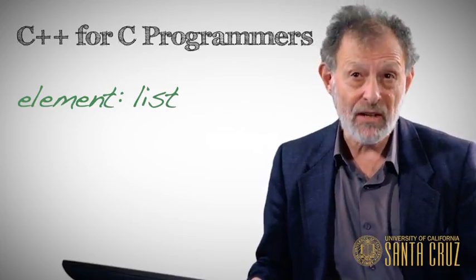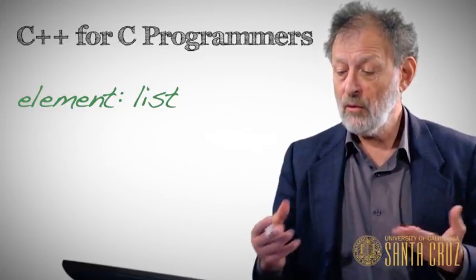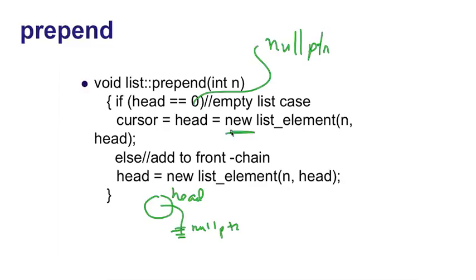If it's the empty list, we have to create the list. So the list wasn't around. So we create it by using new. Again, new is the keyword that lets us get to the heap. It says, get me a list element whose value, this is your data value, is n, and this is the existing head. So now we replace head with the existing head, and we also start the cursor there. So at the end of this operation,